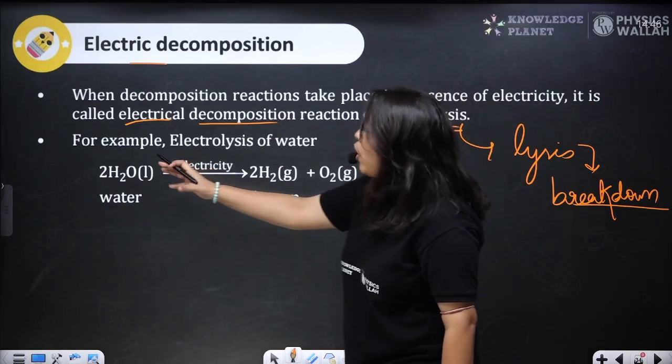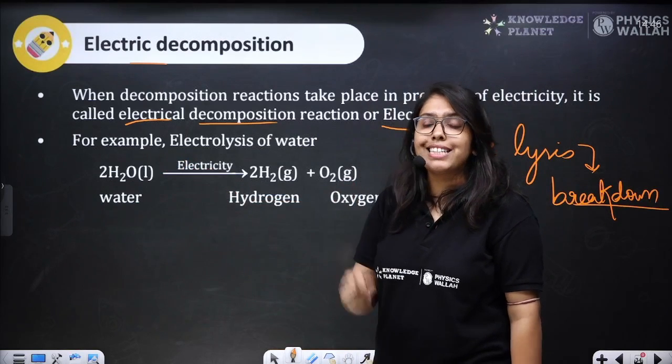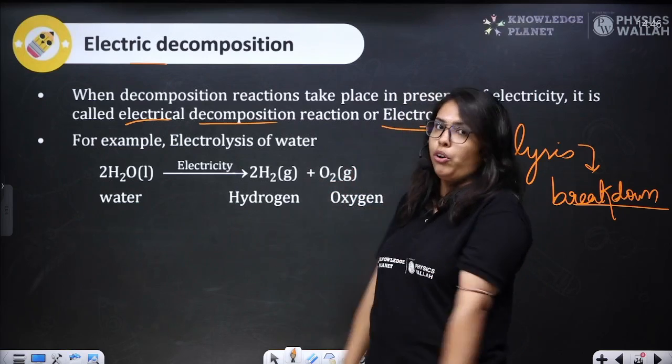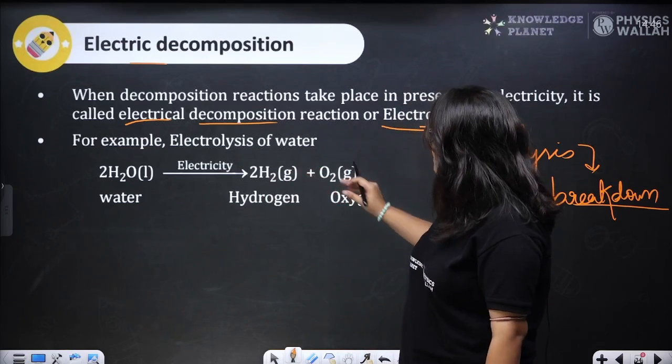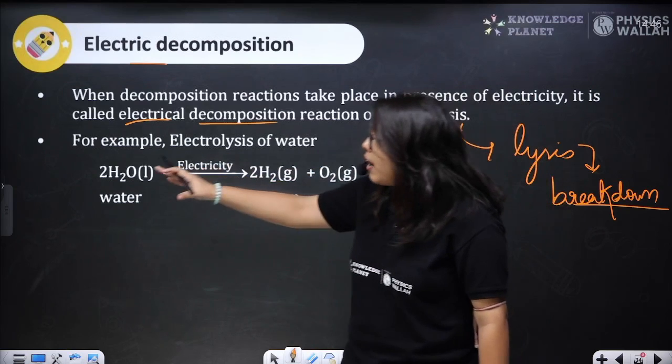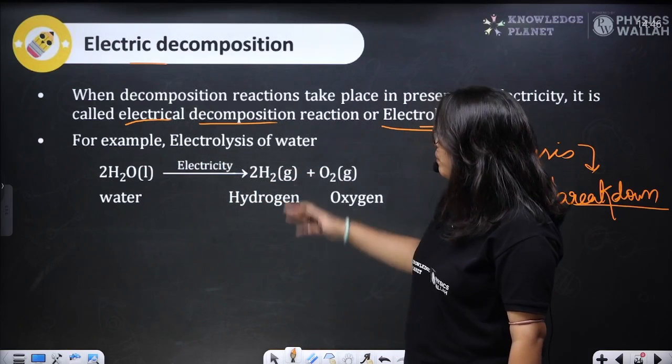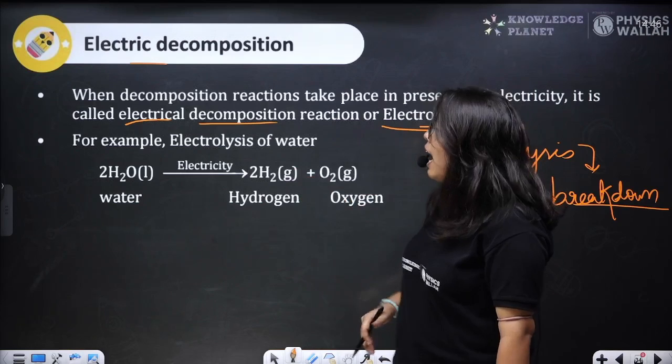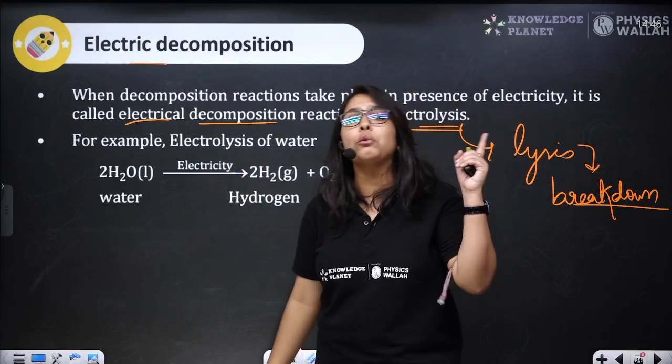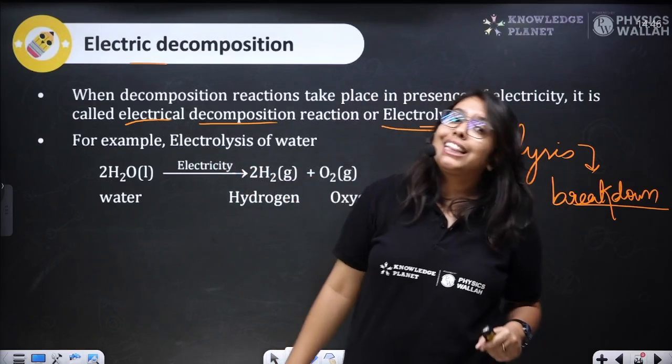So, water, when electrolyzed, that is when electricity is passed through water, what we get is hydrogen gas and oxygen gas. So when electricity is passed through this water molecule, what we get is hydrogen gas and oxygen gas. And you must see that it is balanced. But you need to make sure of one thing. That is,